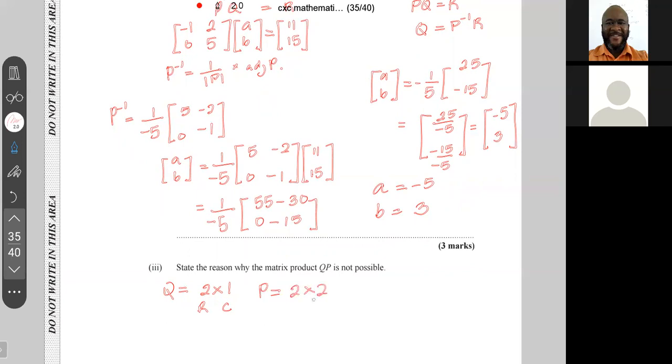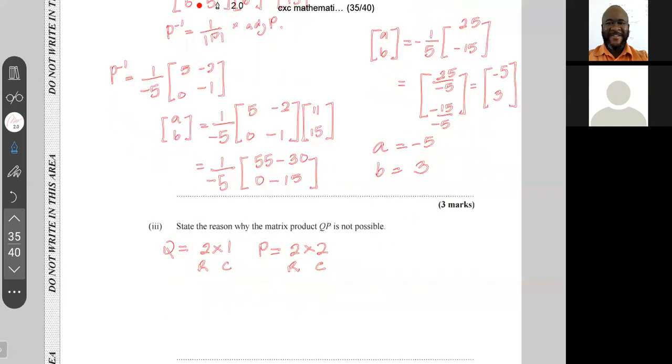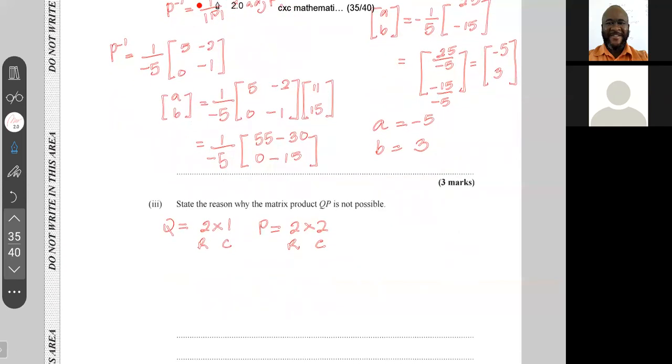It has 2 rows and 2 columns. Now, 2 matrices are compatible for multiplication when the number of columns in the first matrix is equal to the number of rows in the second matrix. The number of columns in the first matrix is 1. The number of rows in the second matrix is 2. So QP